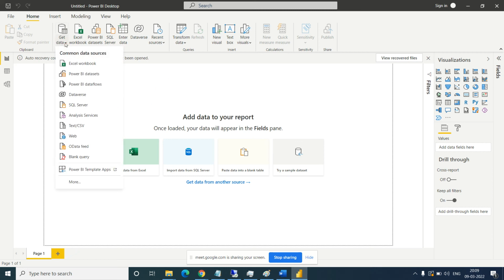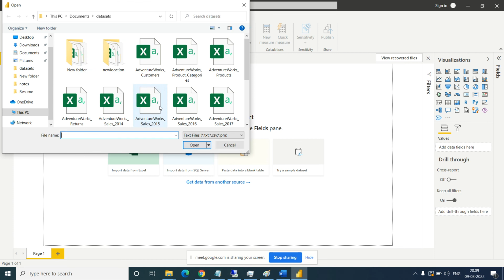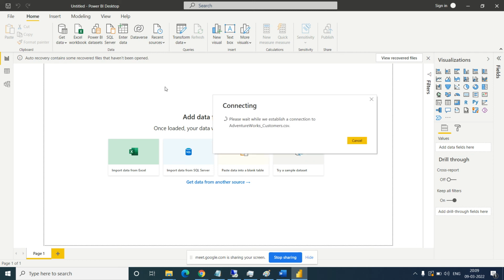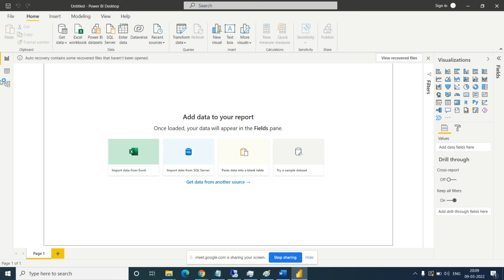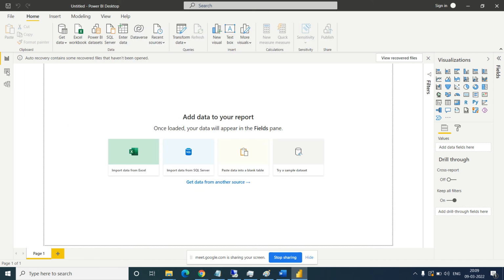On the left side, the first is the report, that is the visualization tab. Then the second tab is the data view. If you click on this, you can see the data, what data is available. So let's first connect the data, then at least we will understand.